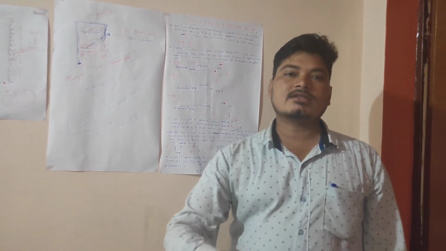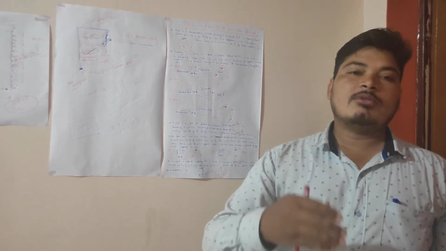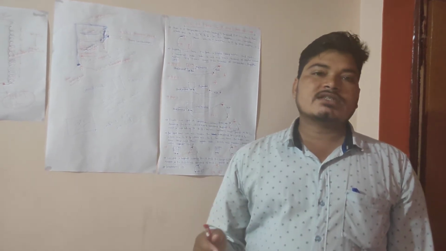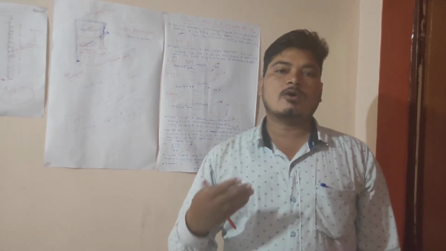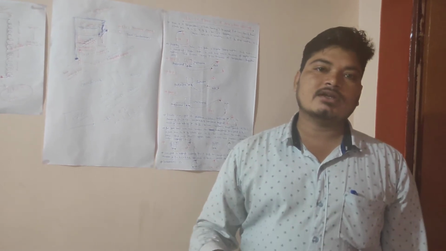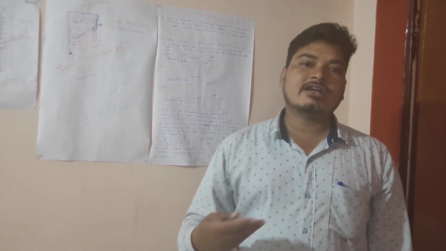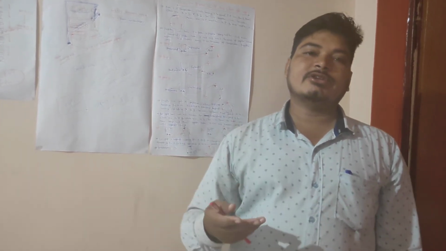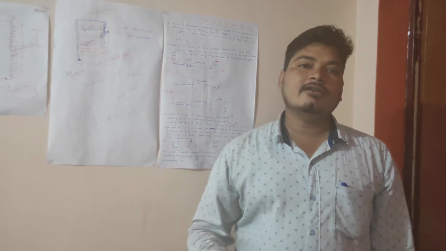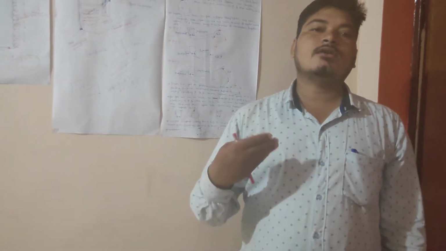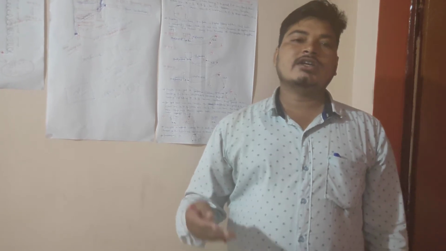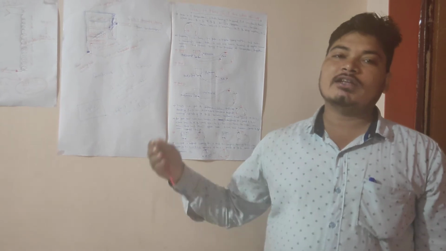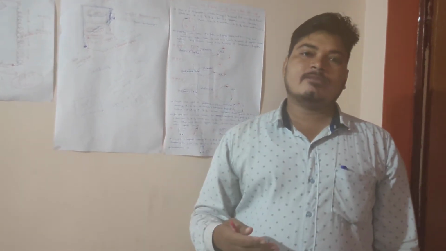Actually, compressor is the most important part of HVAC. There are many types of compressor: reciprocating compressor, rotary compressor, scroll compressor, screw compressor. Every compressor has three electrical terminals: one is the running, one is the starter, and one is the common. Today our topic is how to trace and identify the common, running, and starter of a compressor.